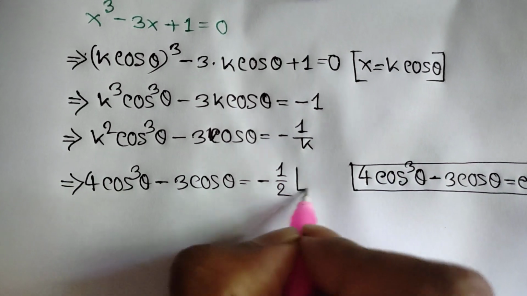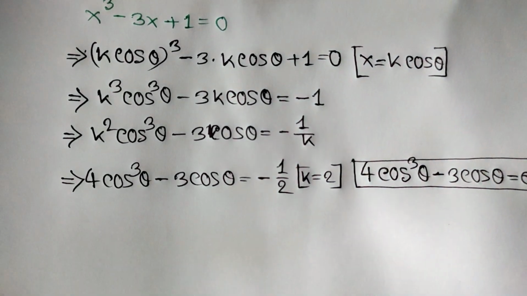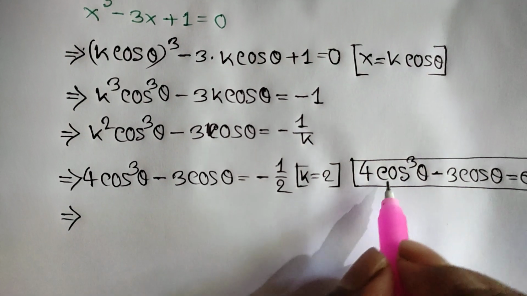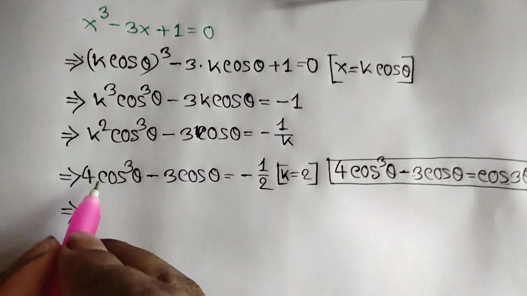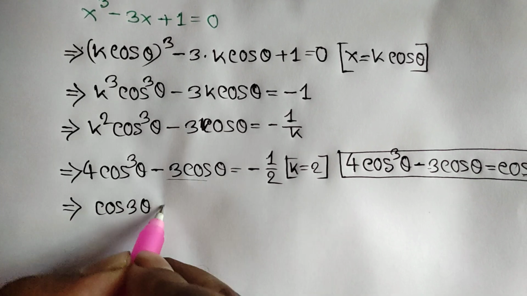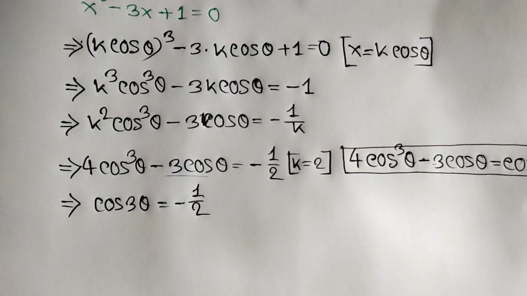Here k is equal to 2. Now we know 4 cos cube theta minus 3 cos theta is equal to cos 3 theta. So we can write here cos 3 theta is equal to negative half,